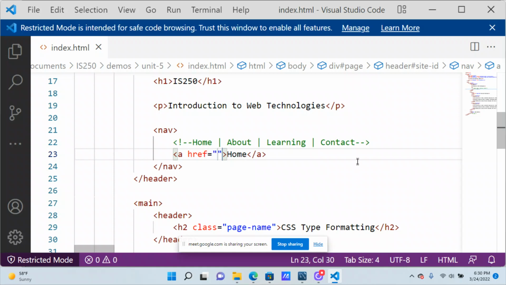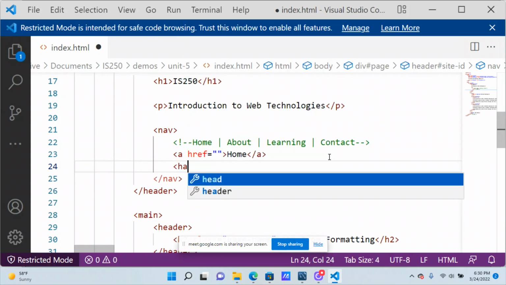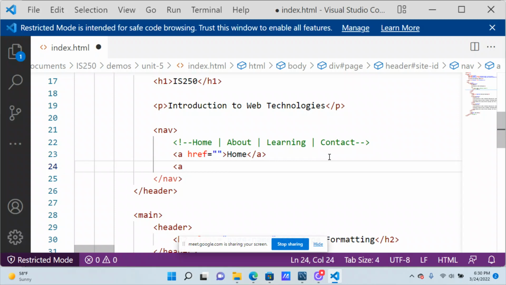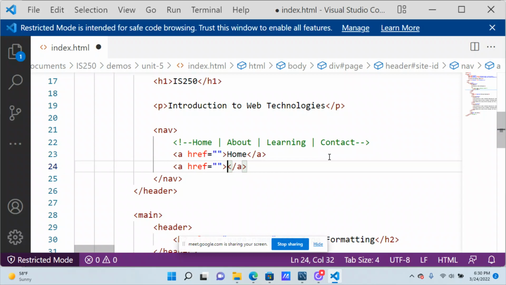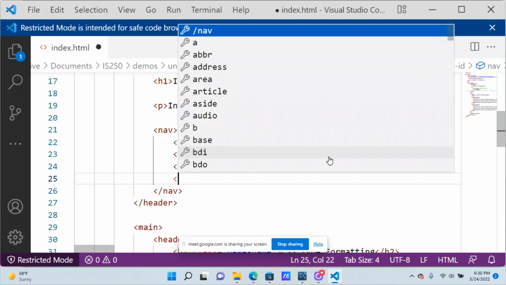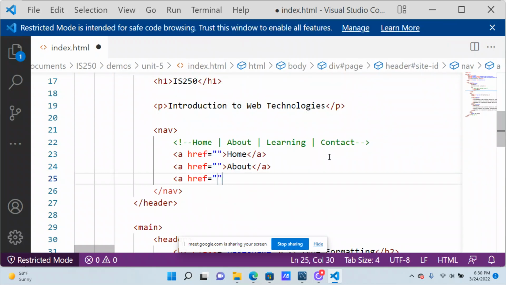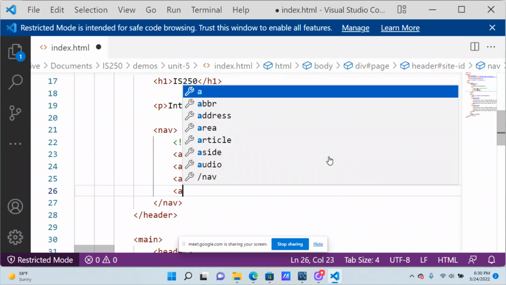Now, I'm going to go ahead and build the other 4 anchors in here, and then we'll start putting in the actual values for href. So first things first, let's get the structure in there. Now notice I'm not putting these into a UL with LIs. Like I said, I used to do that. I don't anymore for accessibility reasons. This one's going to be about. Of course, I could just copy and paste the stuff from the comment, but this is for reference. I mean, this is easy enough. Type it again. Okay, learning. And then